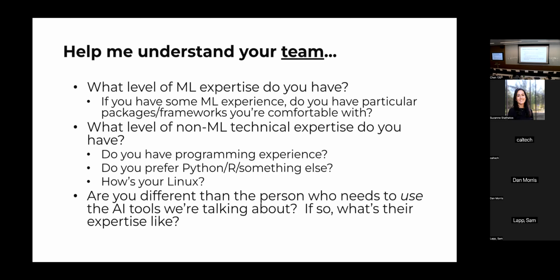Maybe there's an off-the-shelf model that works, but somebody needs to go wrap it in R for them. But often it also impacts this question of how much skills development would they have to do to solve the problem with AI, and how does that weigh in on whether AI is worth it in the first place? And then oftentimes, I might be getting an email from an ecologist who's asking about a problem, but it's not literally the ecologist who's going to use whatever AI tools we talked about. It might be a technical staff member, a GIS analyst on their team, who's going to be actually using those tools. And it's really helpful to be put in touch with that person as soon as possible so that you can get the clearest answers you can to some of these mundane questions about technical expertise and resources.